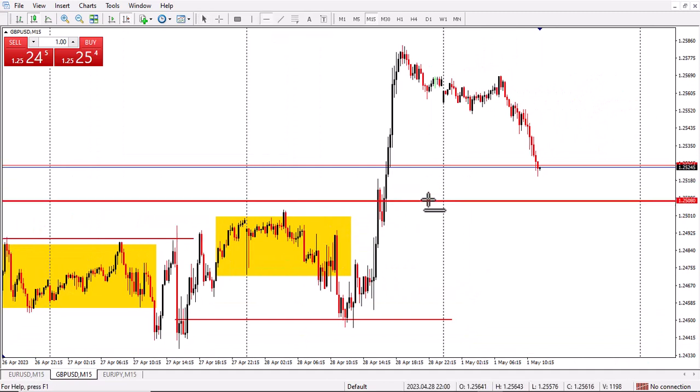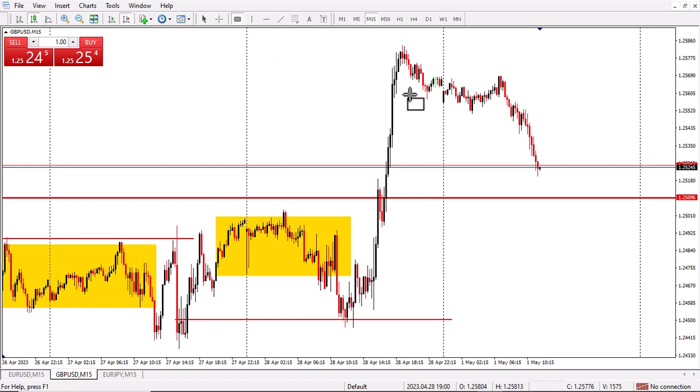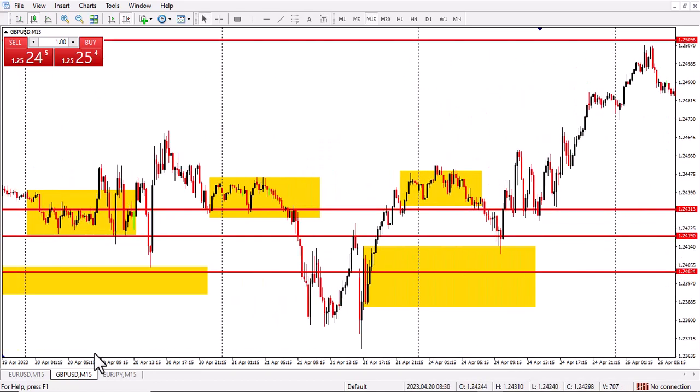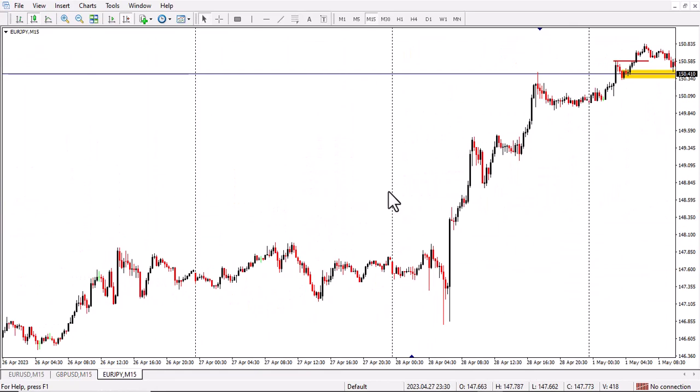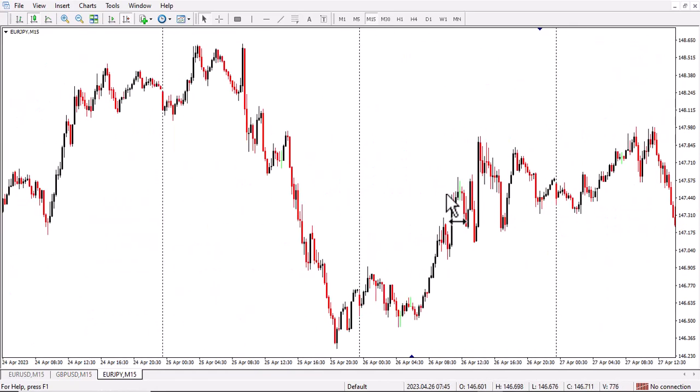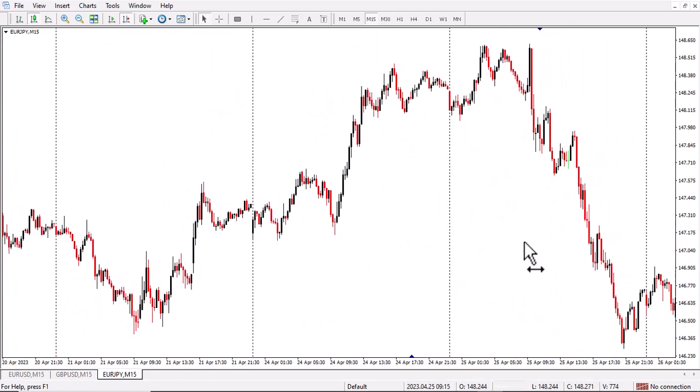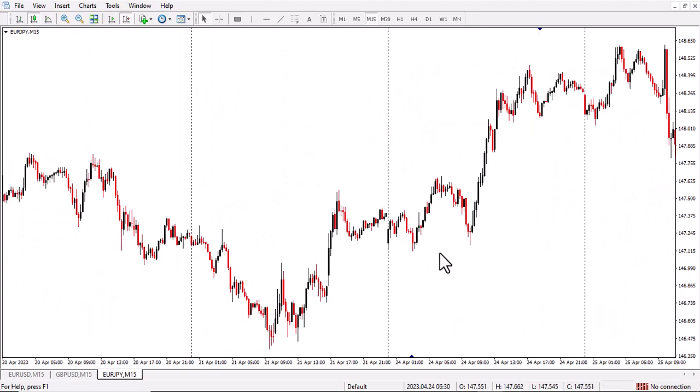And we have this order block that you can clearly see here, and we have this accumulation. What are we looking for? We're looking for price reaching out for this and going like that. This being our order block, our stop loss is going below, and we are looking to see how that goes. So let's look at one more example from Euro JPY. We're looking at